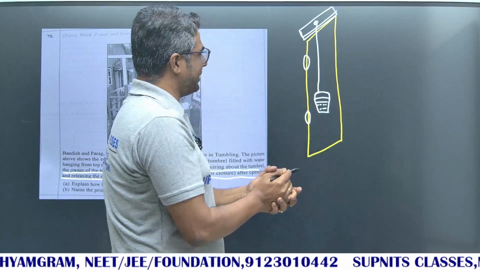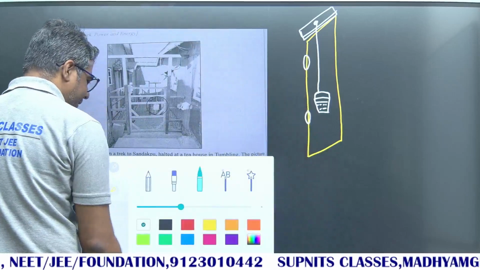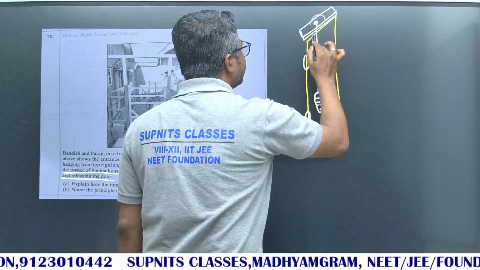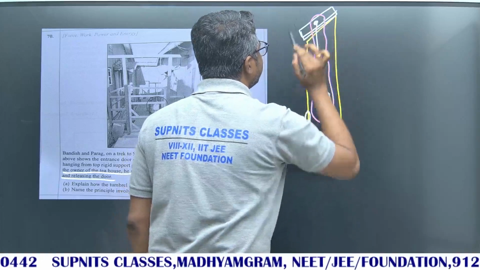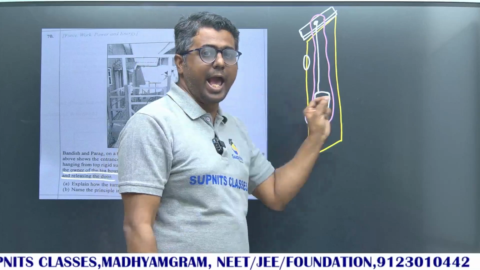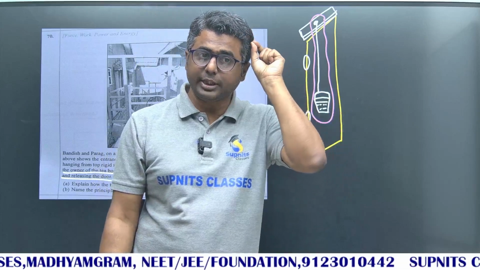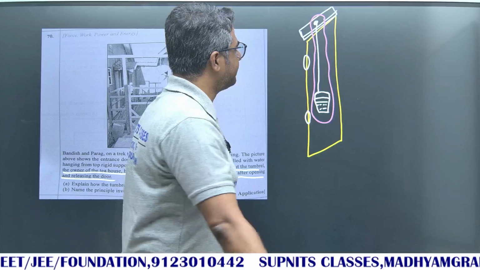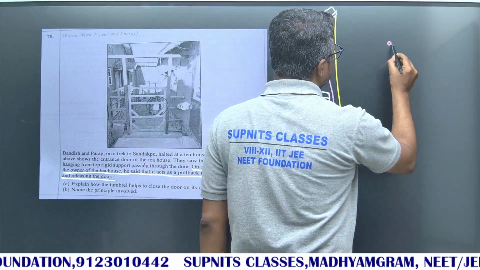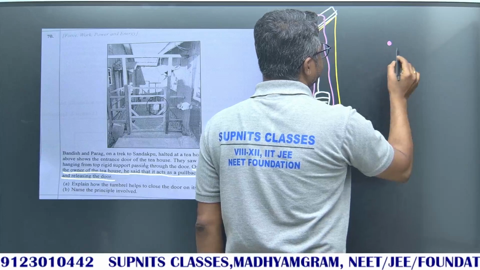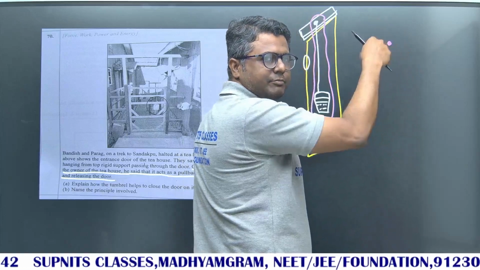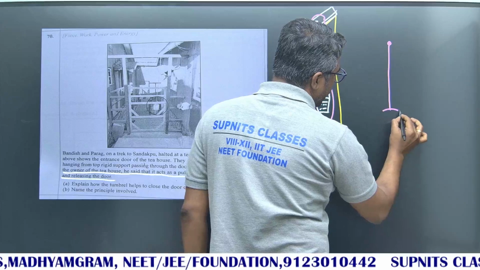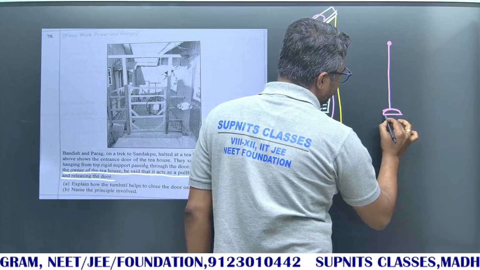So, how is this happening basically? First of all, I have to concentrate on this part, do not concentrate on other parts, because this tumbler is hanged from a point. So, let us consider the point, the rope, and the tumbler, that is it, nothing else. So, what I will do? This is my fixed support, it is where I have put the nail. From here I have the rope and I have the tumbler. This is my condition when the door is closed.